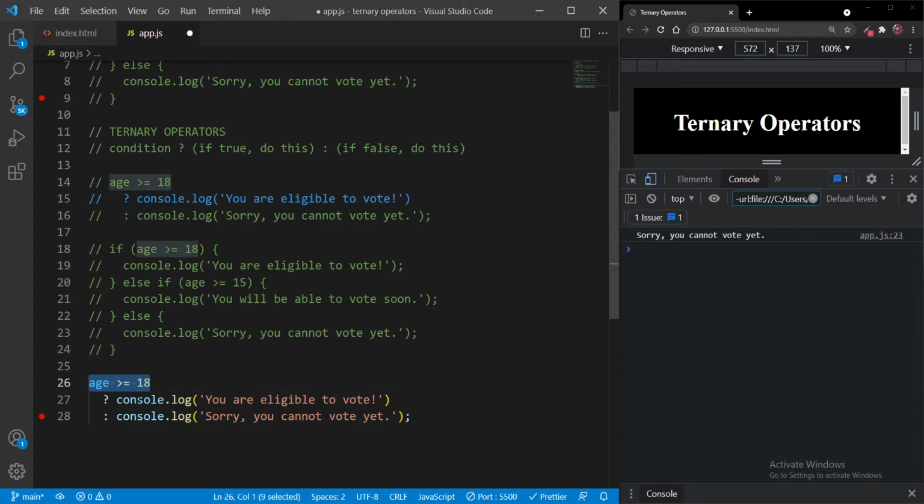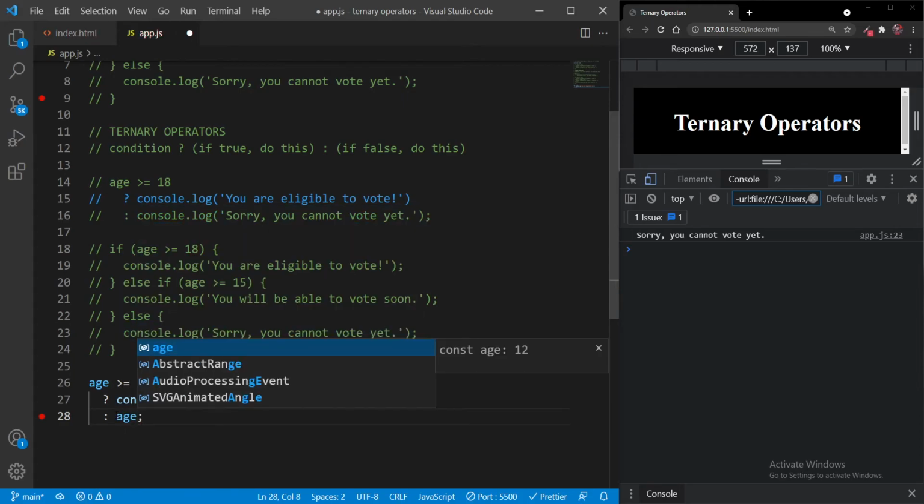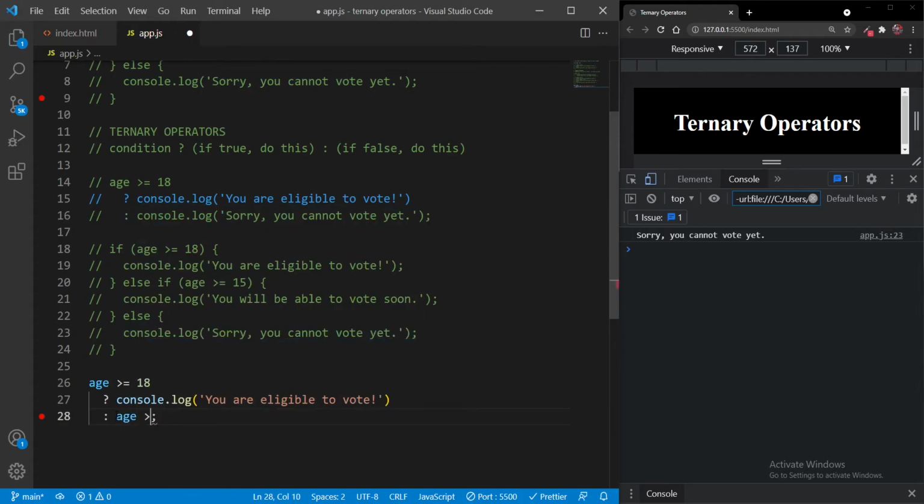If it returns true, that is if the person is above 18, we are logging you are eligible to vote. But if this returns false, we need to check again if their age is greater than 15. So instead of console logging this, I will cut and copy it, and then we will check once again if age is greater than or equal to 15.